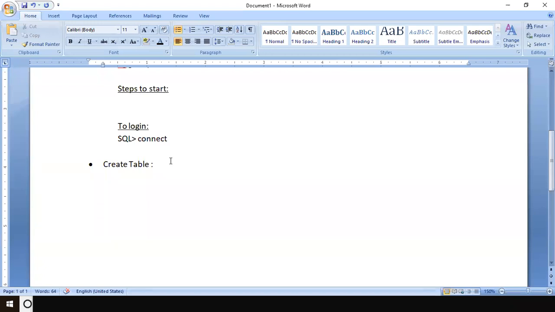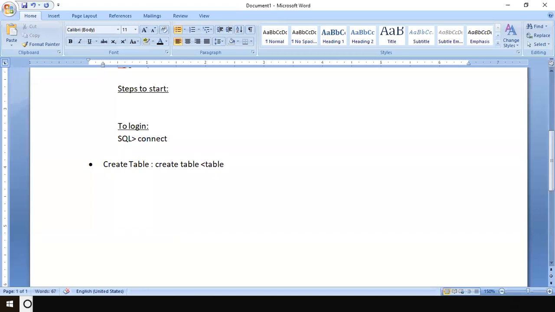Fine. So create table is the first command we are going to learn. I'm going to give a simple syntax right now. The actual syntax is complicated; you will learn that later when you study SQL theoretically. Remember, create table is a keyword. Whatever table name you write, I am giving in angular brackets.